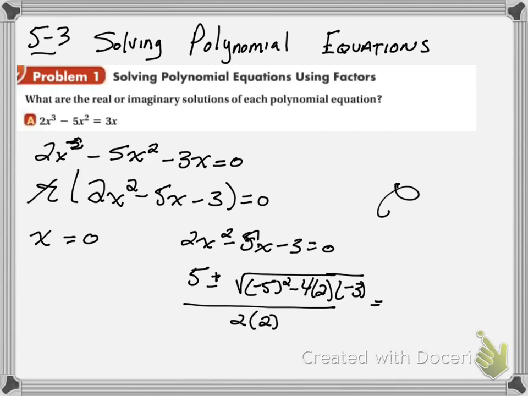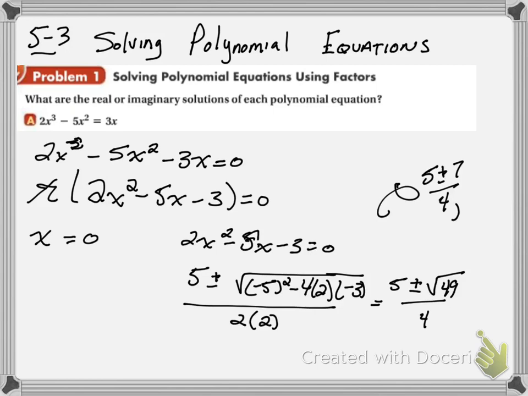That gives me 5 plus or minus the square root of 49 all over 4, which ends up giving me 5 plus or minus 7 over 4, for a final answer of